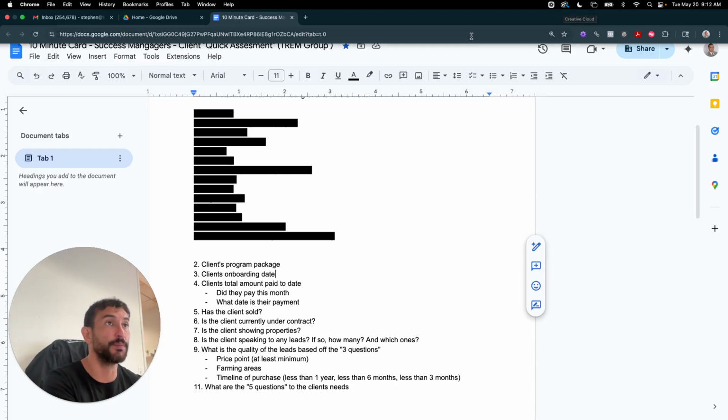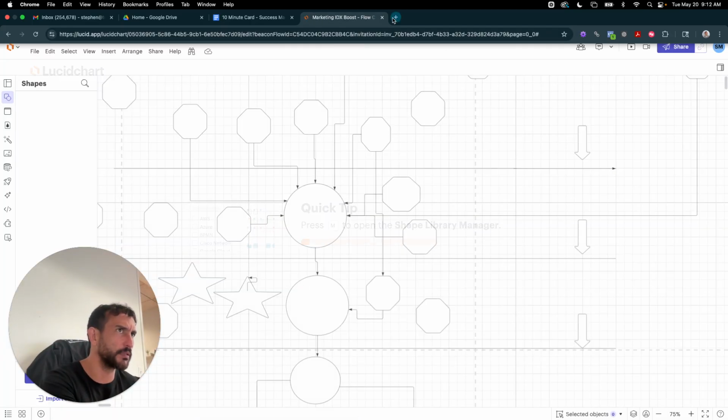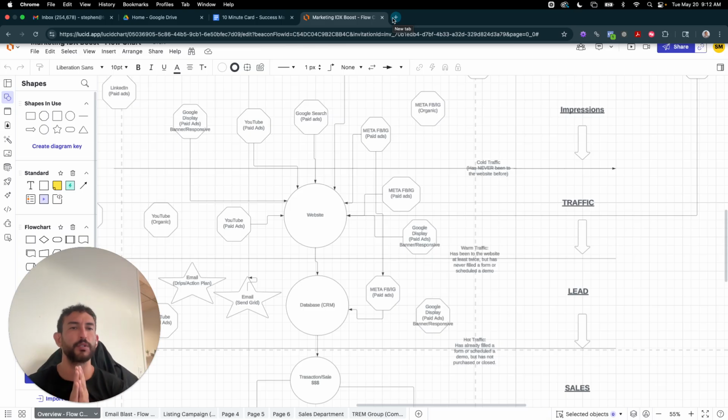So if we look at our simple chart, I spent $15,000. It's been 120 days, which I understand. Success managers always tell me, oh, the client needs to know expectations, things like that. But a lot of it is communication on our part on where they're stuck and what we're doing to fix it and get them to the end goal.